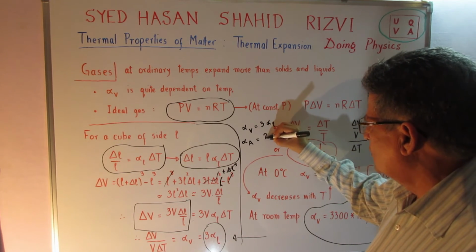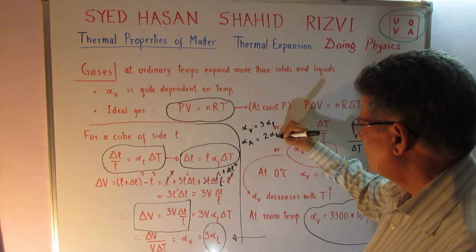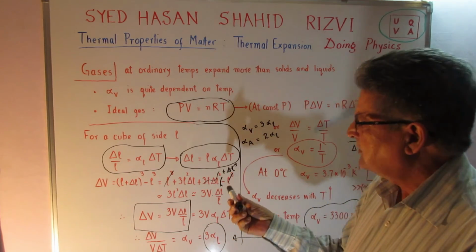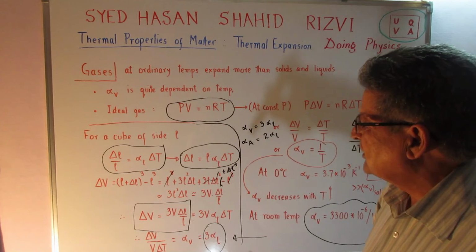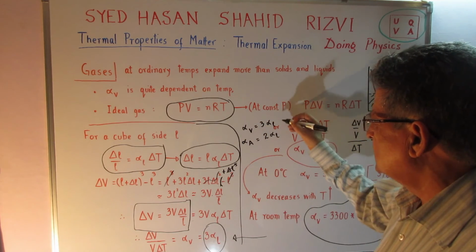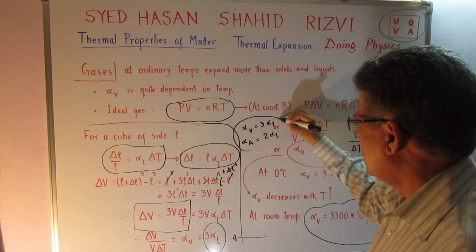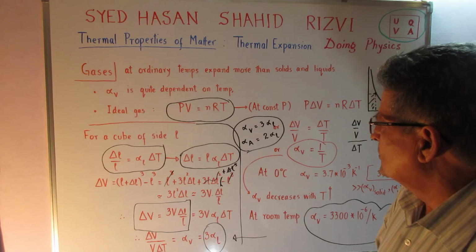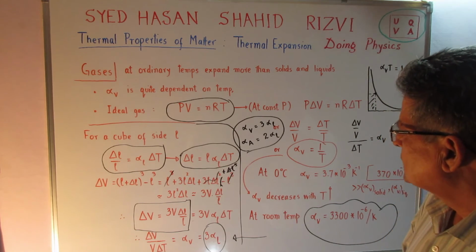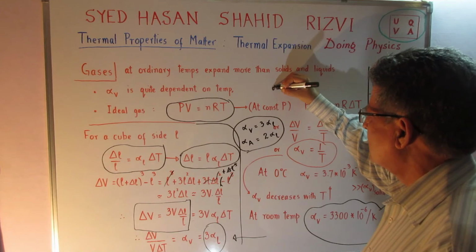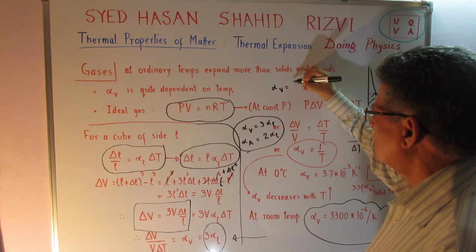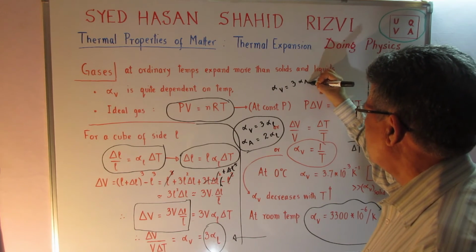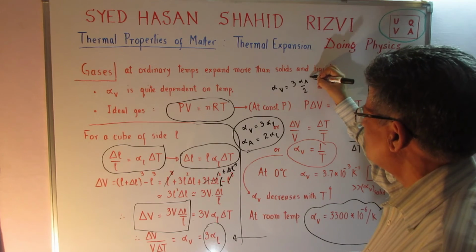This is equal to 2 times alpha L. The mathematical strategy is the same, but you can work it out as an additional exercise, and you obtain the two results: alpha A is equal to 2 alpha L and alpha V is equal to 3 alpha L. So you can also write that alpha V is equal to 3 alpha L, and I can write alpha A by 2. So these are some